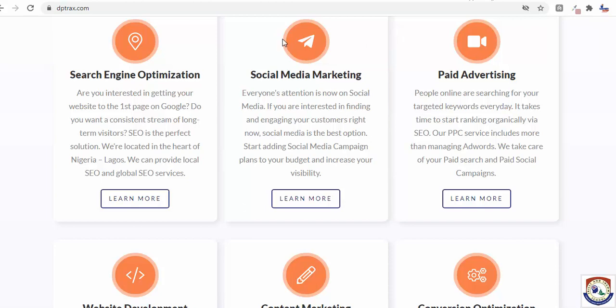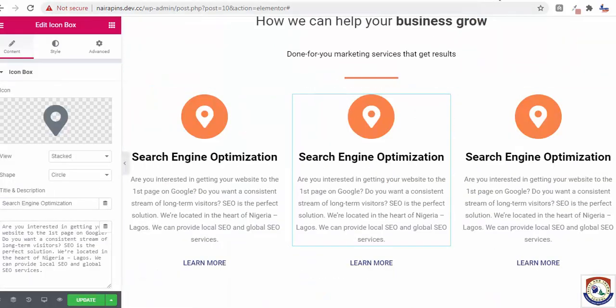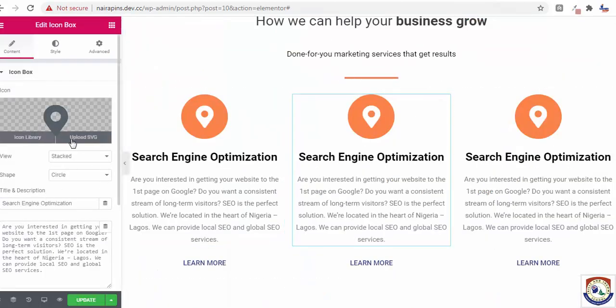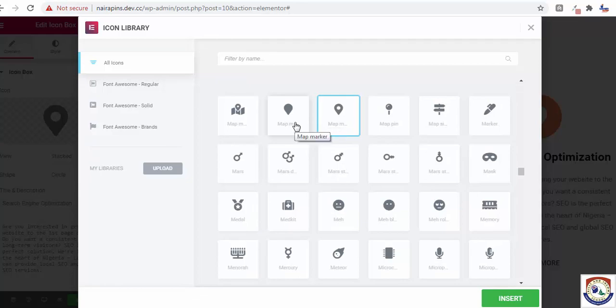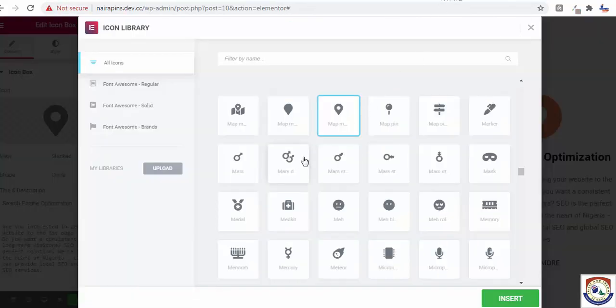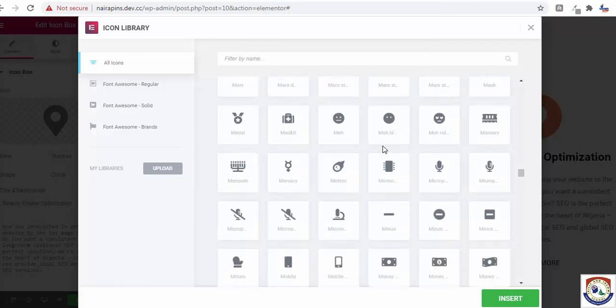So what you need to do is this icon is just like a map, also a direction. So let's see if we can achieve this here. Let's see if we can find it in the icon library. I think this is it. If you cannot find the icon, you have to choose another one.